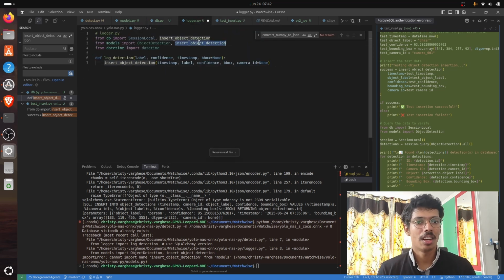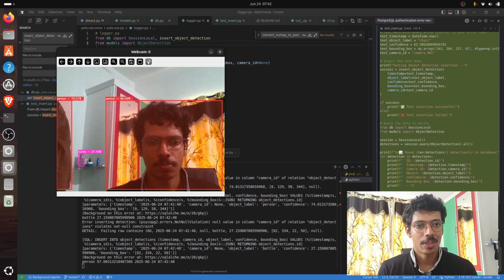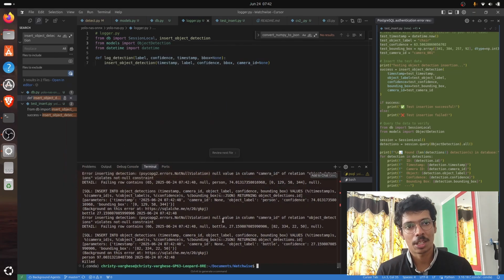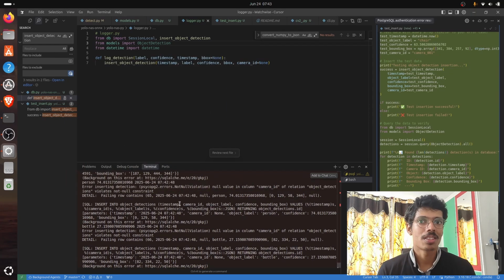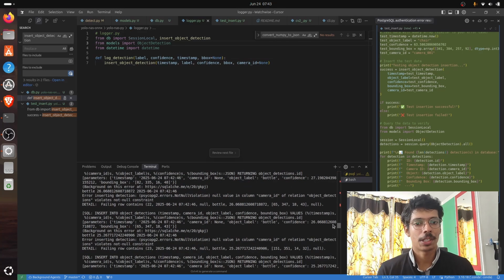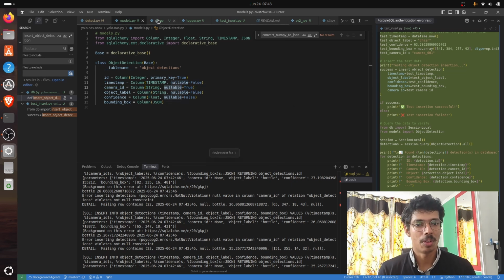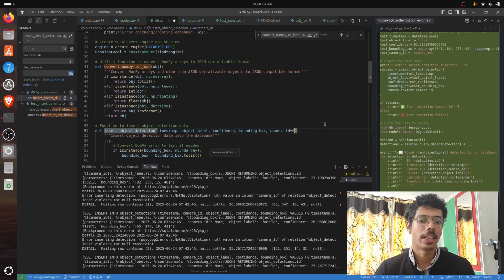So once it started working fine, it threw another error. I had set a particular value, camera ID, as null, because I never thought camera ID was a required feature. But later I thought, we don't know which camera this particular feed is coming from, so we can't remove that value, because we need to identify which camera is giving the value.